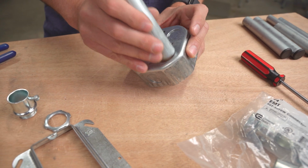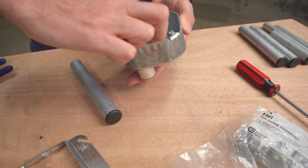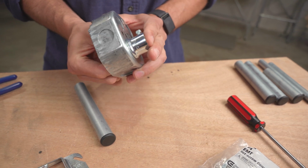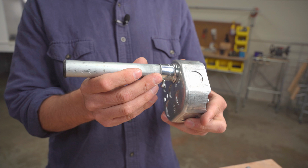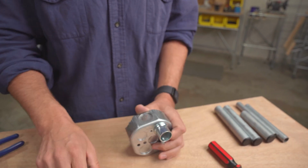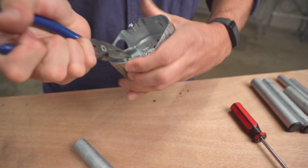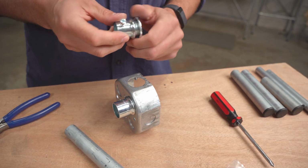But, like I showed, if you wanted to have this octagonal box connect, let's just say a 90, right? You've got a pipe coming in. This is a corner piece of your build. You could definitely do that. You have that one there, and then you knock out this one. Get that out there. Put a